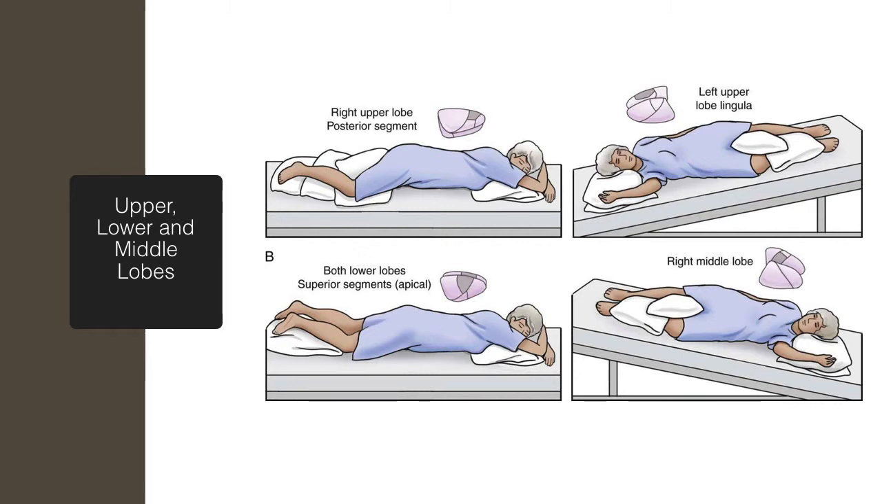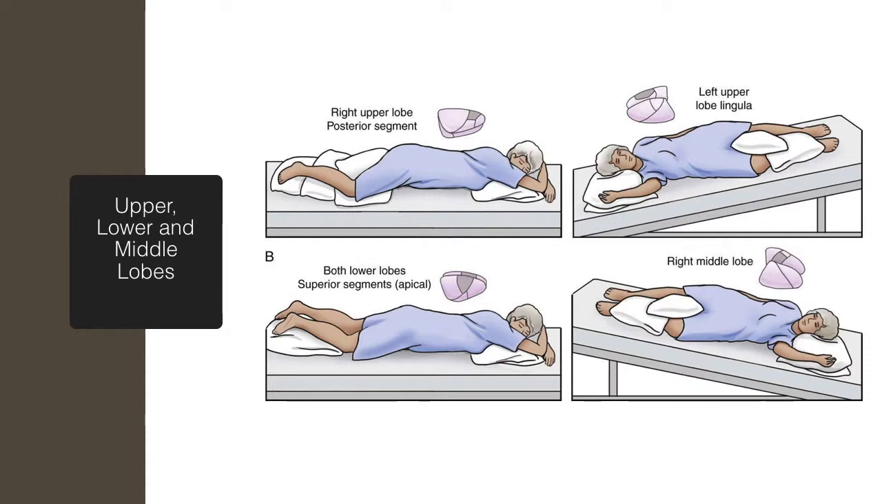The posterior segment of the right upper lobe is drained in a position similar to that of the anterior portion of the right upper lobe. The table has no incline, and the patient lays prone with that side facing up, so a slight quarter turn upwards. The left upper lobe lingula and the right middle lobe, like I said before, for our purposes, the lingula